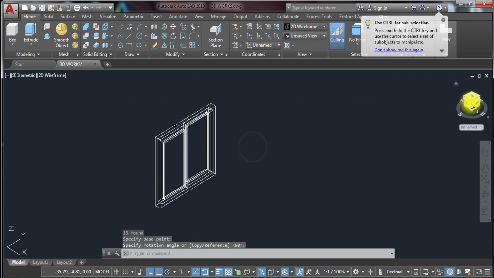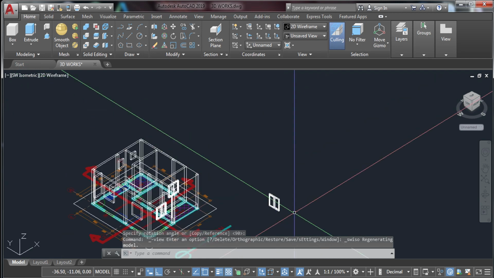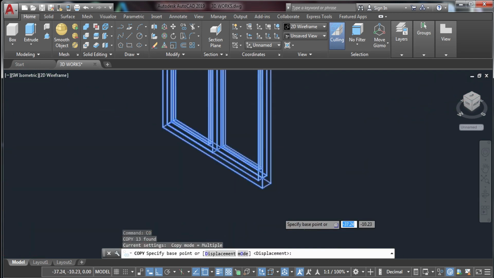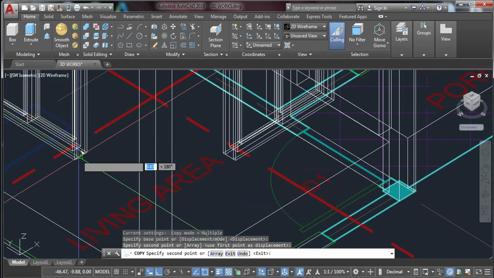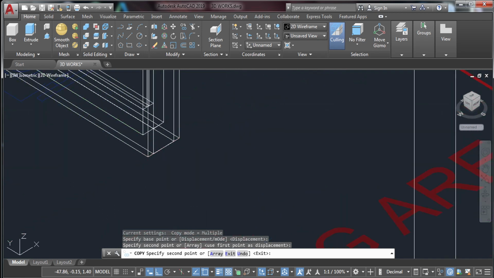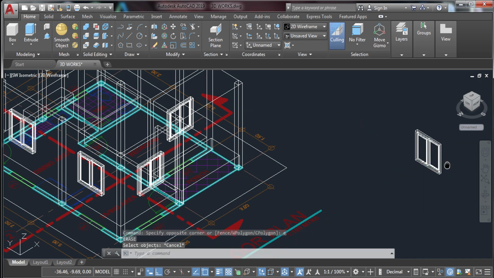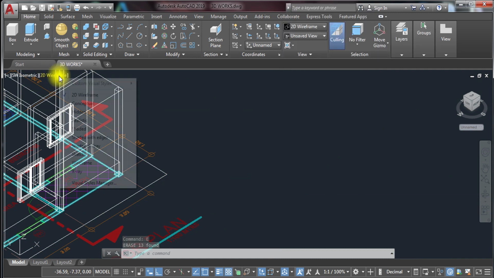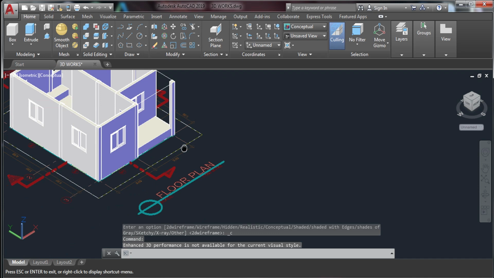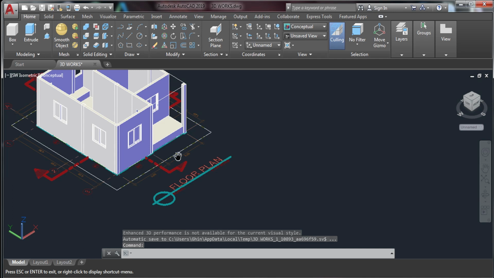And then I'm going to switch my view into southwest. So southwest. Okay, and then copy this window to the two remaining window openings na meron tayo. So copy this one and then opposite side. Okay, so let's check if correct na. Okay, I'm sorry, let's check conceptual. So there you already have it, your doors, your sliding windows sa inyong floor area sa mga walls. Now, to do the remaining,